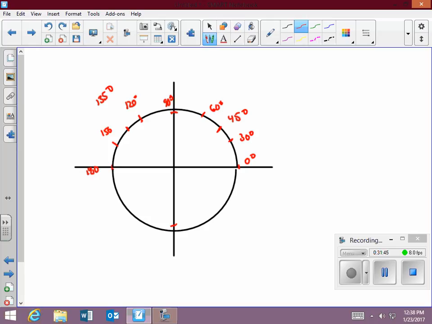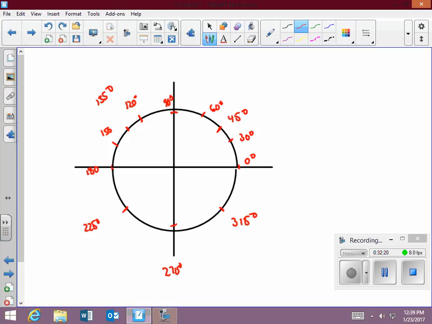They got 225, 270, and then 350. And they want, it says, find each angle marked in degrees, identify the radian measurement, and express it as a fraction in lowest